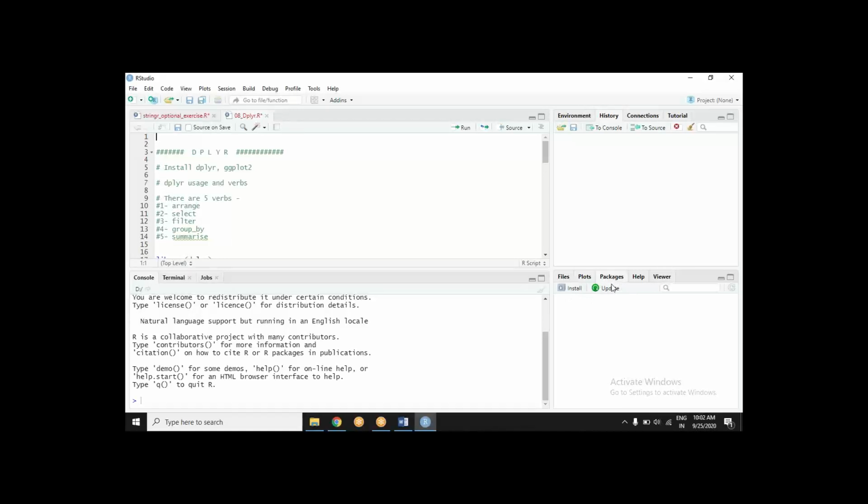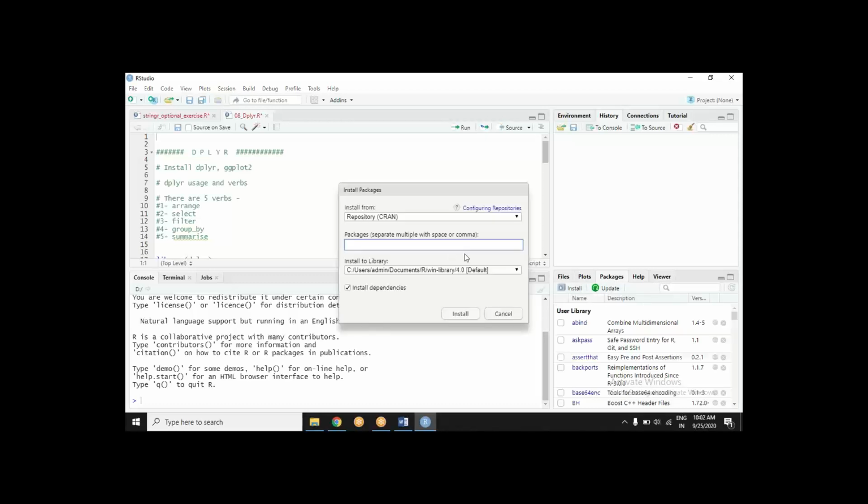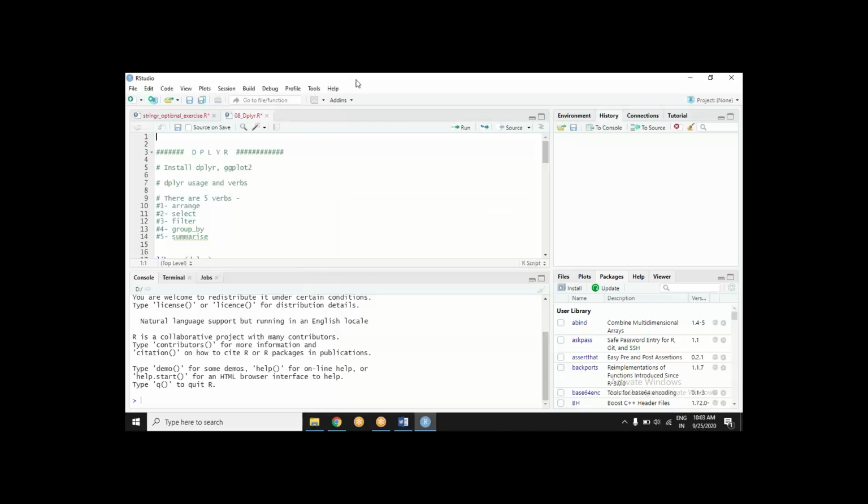You know how to go to packages, install, and as you type dplyr, well, maybe auto suggestion will come. I will not install, but you should install. I have already got it installed. Okay. Meanwhile, you people install it.